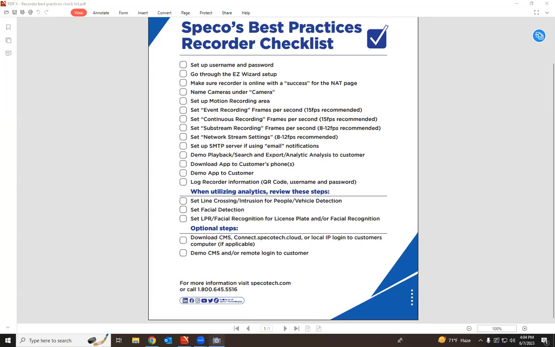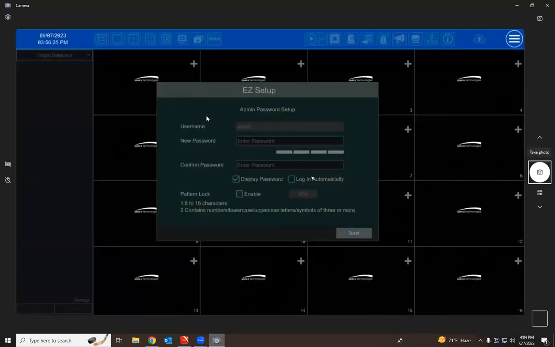Just let me switch over to the camera here. Grab my mouse. So the page that you're seeing here, and as we're talking, if anybody has any questions, just come into the chat box here and drop them into the chat box, and I'll answer those as I see them come in, or if we take a little break here and there, we'll come to them as we get them. But when we come to the admin setup, it's important to remember that Speco recorders do not give you